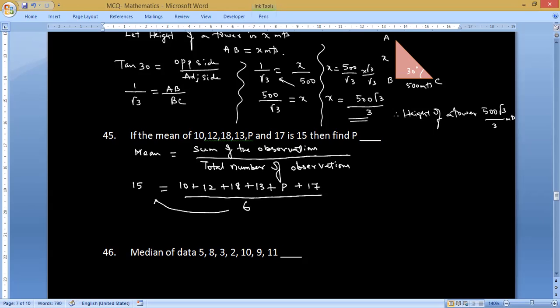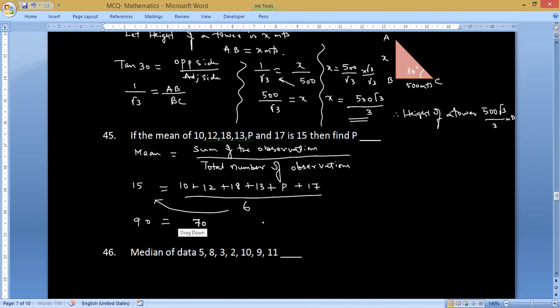Then cross multiplying, 15 into 6: 6 fives are 30, 6 ones are 6, so 90. Then I have to add the numbers here: 17, 17, 20, 30, 30, 40, 48, 50, 60, 70. So I'm getting 70